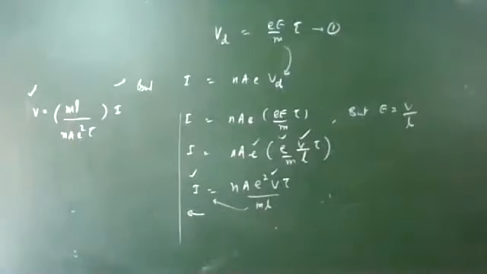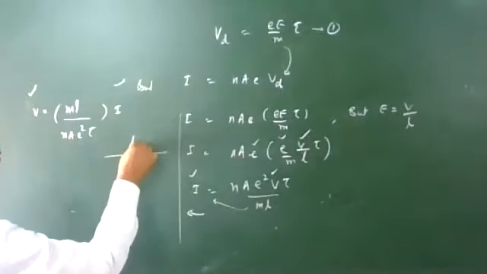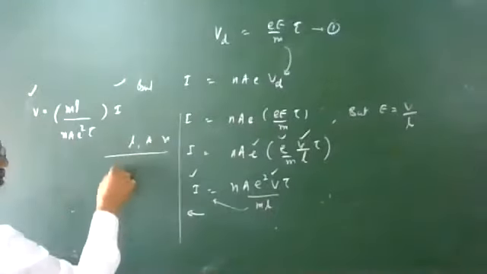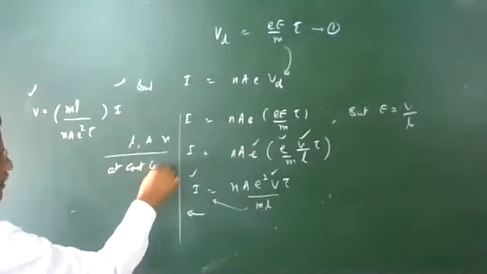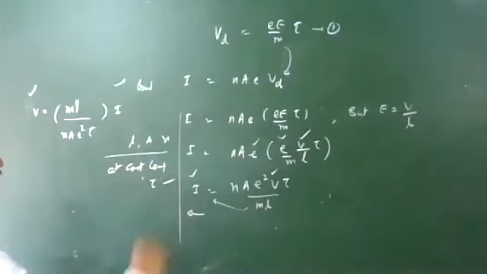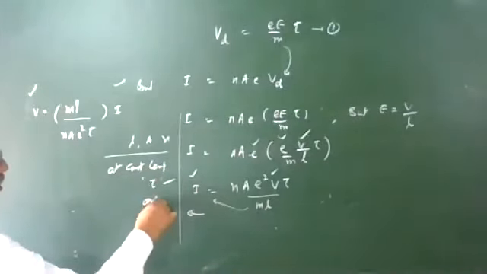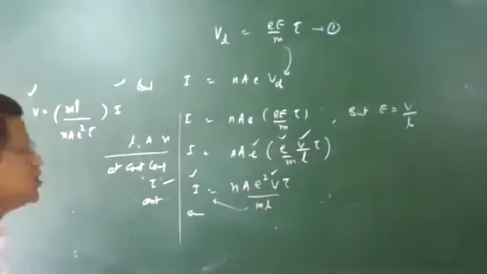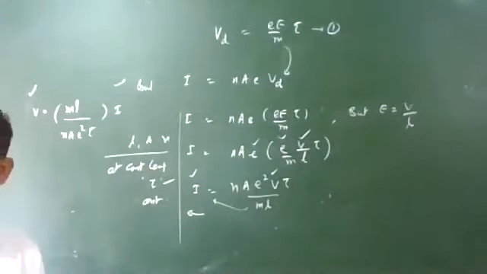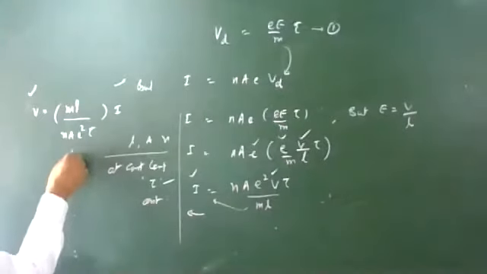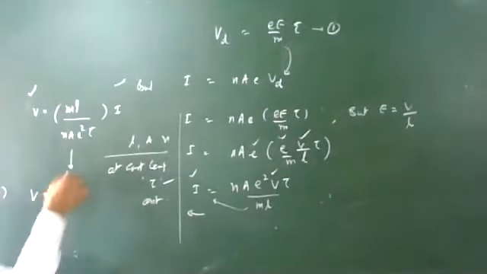And for a given conductor, when you say given conductor, L is constant, A constant, n constant, and at constant temperature. When I say constant temperature, the relaxation time also will be constant, because the relaxation time depends upon the temperature. So ये bracket का अंदर है mL upon nAe²τ, तो सारा चीज constant है. Okay, mL divided by nAe²τ is a constant. This constant is called the resistance of the material of the conductor. So I write this equation as V equals this constant into I.